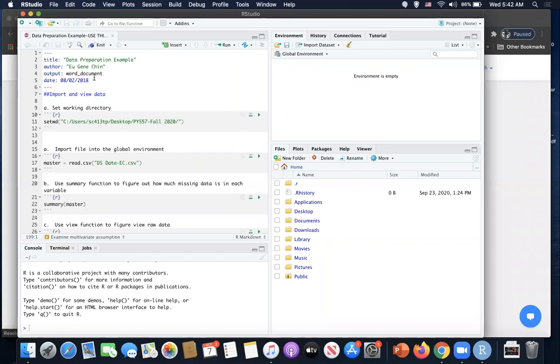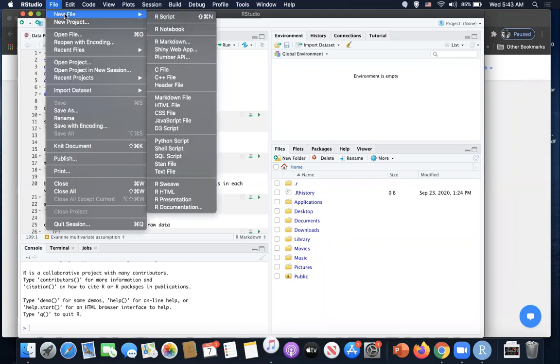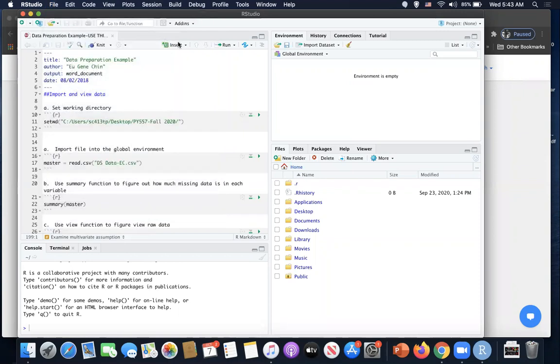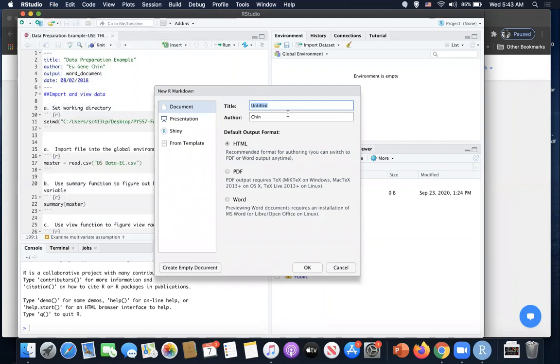Now, this is for opening up an RMD file that you've already created. What if you wanted to make a new RMD file for yourself? Well, you could go to File, New File, and you could do R script or R markdown. I'm teaching my students how to work with R markdown. Name it whatever you want, put your name in, and you could tell it what would be the default output